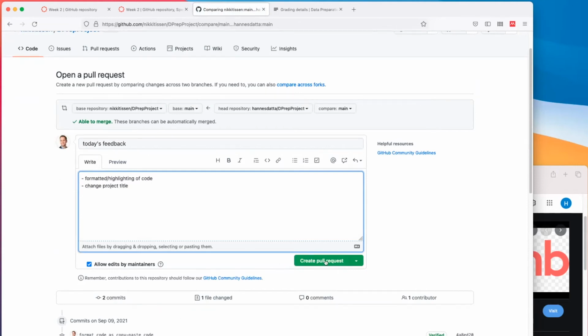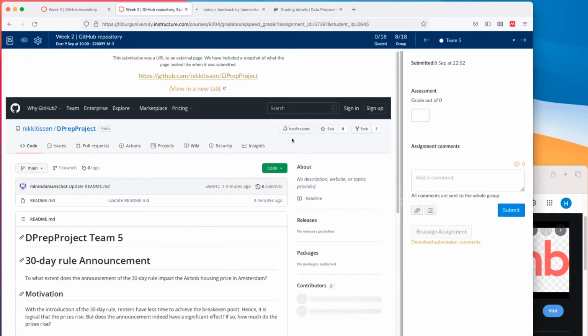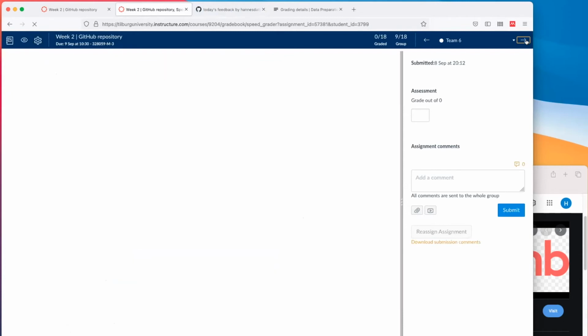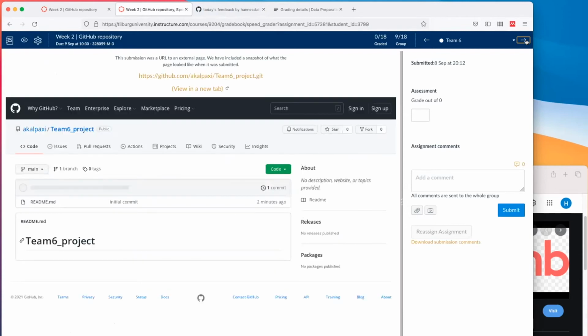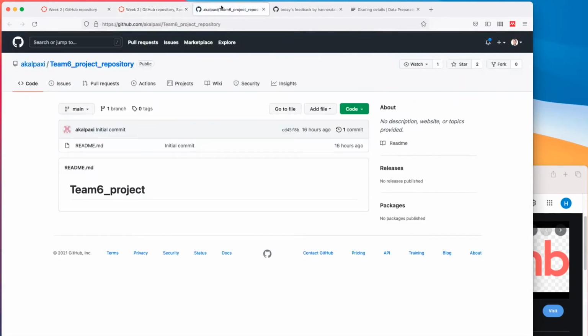But obviously for you guys, the same stuff applies like I've shown for many of the teams, right? Have a more elaborate README, start actually having code there. Team project 6 doesn't look like it's going anywhere, I mean, you just didn't have time to work on it, which is fine.